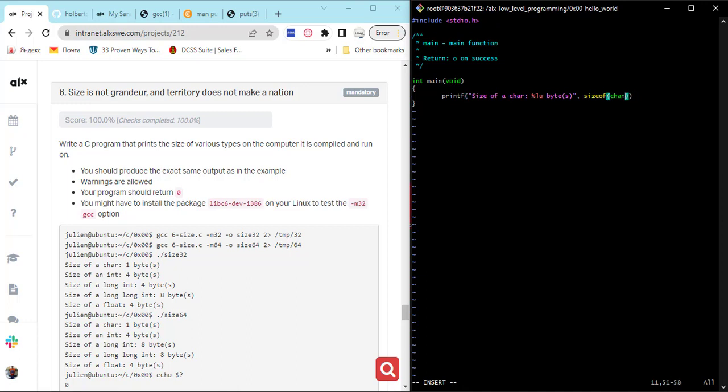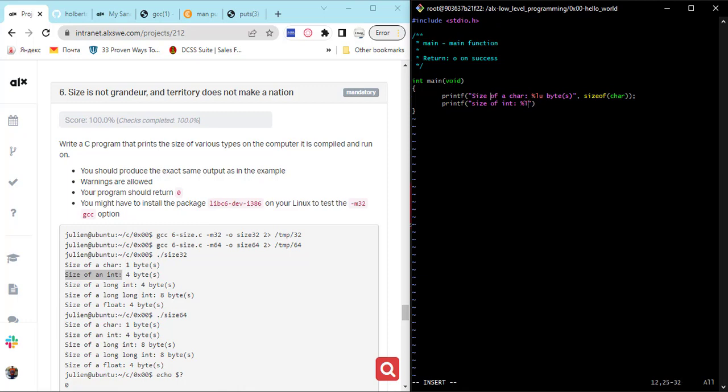So I can simply copy this because I will keep printing all this. Let me copy it here. Okay, so now let's add a semicolon and move to the next. The next one I want to print is for int. So I will just say size of int, just like it is written here. And then the colon here, and then